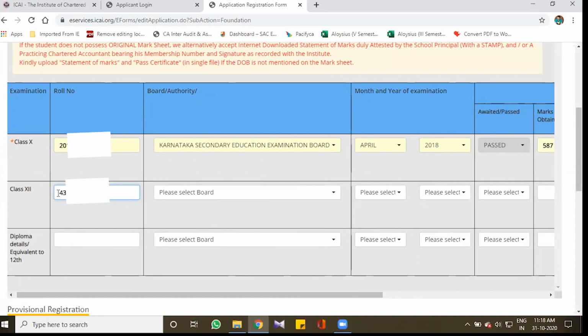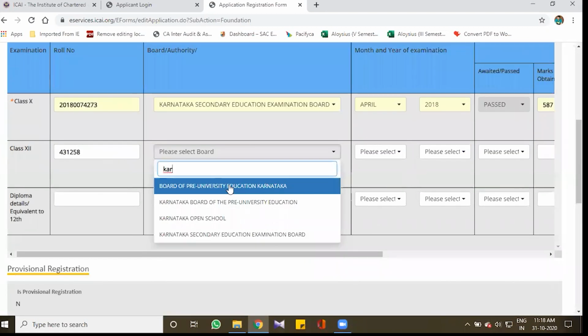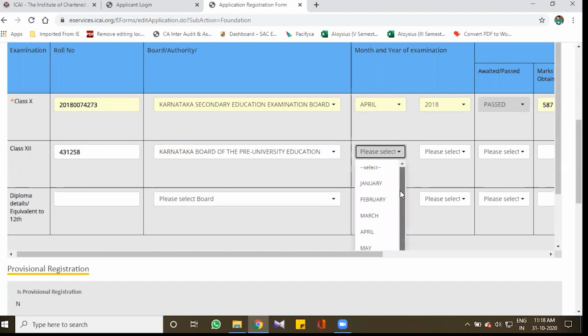Registration number will be your exam registration roll number. Again, Karnataka, if you belong to Karnataka Board of Education; if any other state, you can do the same.